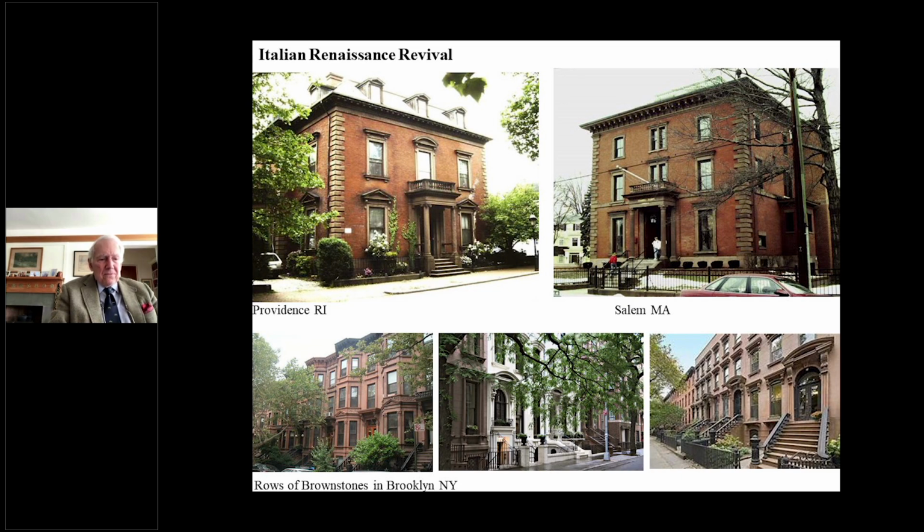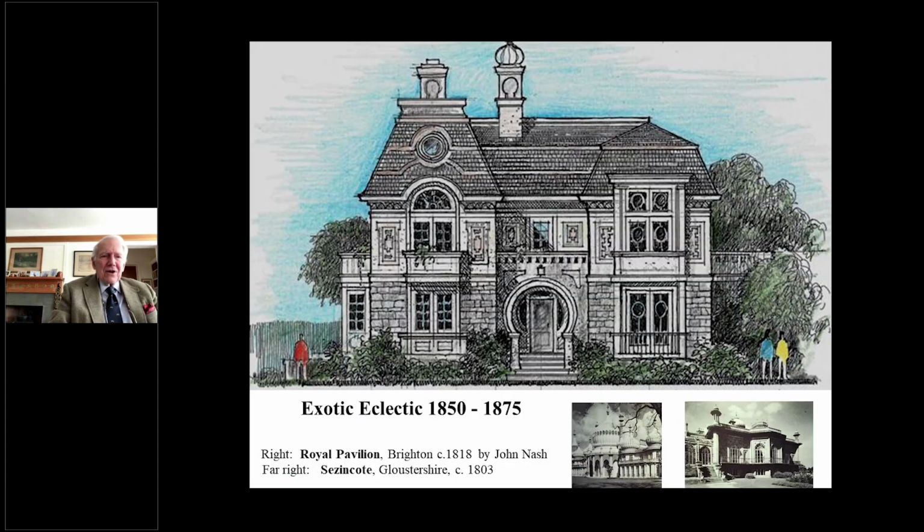Here's one, and there's an example in Providence, Rhode Island, and then on the right is Salem, Mass. And across the bottom, there are rows of brownstones in New York, and these three happen to be in Brooklyn, and they very much exemplify the character with classical references. The next style is exotic eclectic. And here we have